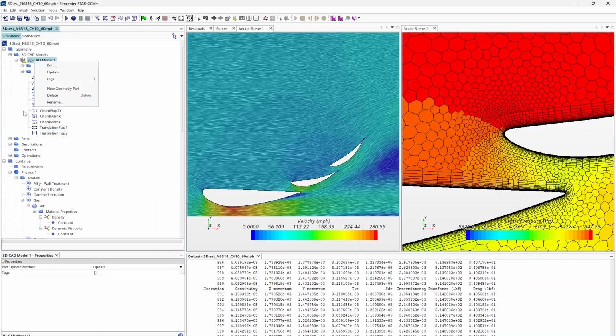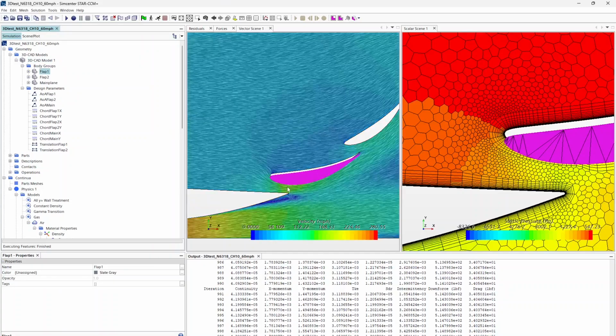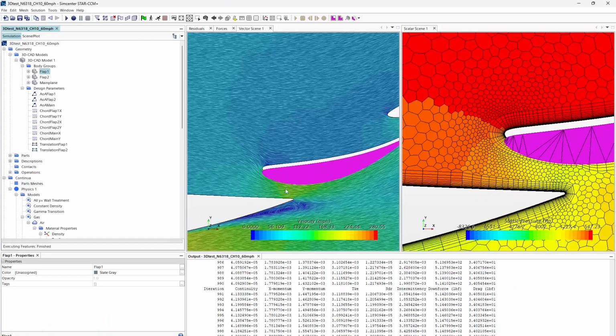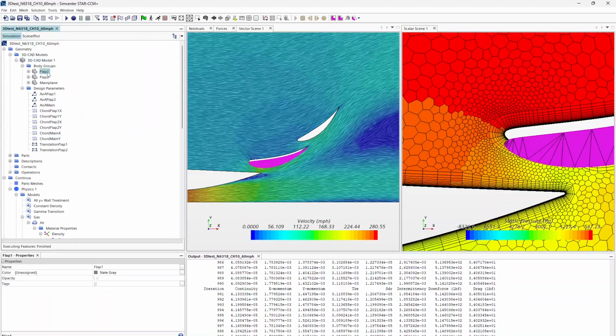So you can just right click, and let's actually look at the body group. So here is where everything is right now. If we just update this with our design parameter, now we can see that the flap hasn't moved yet because we haven't rechanged the subtract, but we've moved this down. I might want to squeeze just a little bit more out of this. So we'll just say 0.33. And then we want to also move this down roughly the same amount, probably. So we'll just call this 0.09. Now, if we update those, you can take a quick peek, and